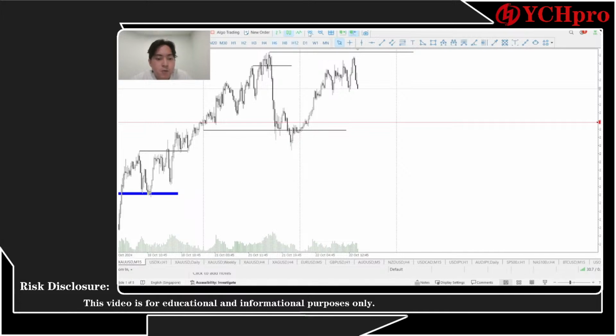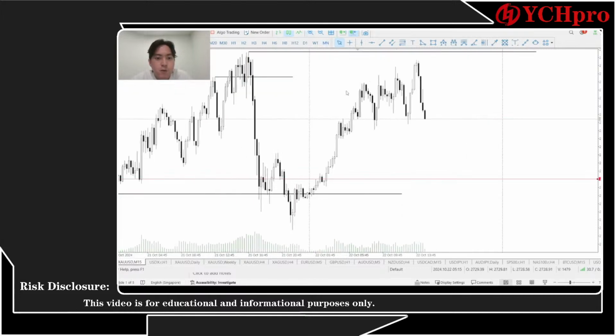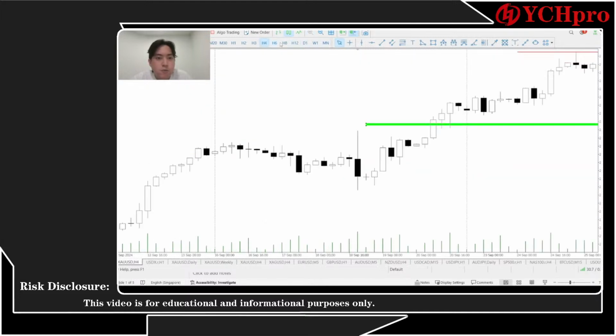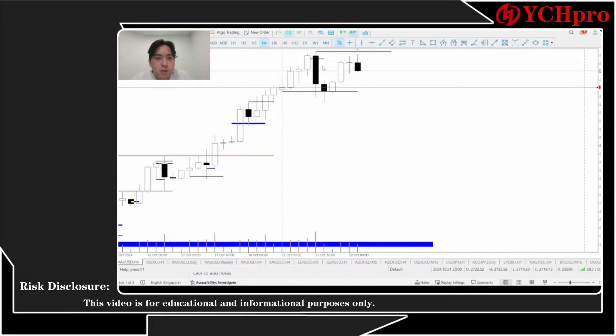So for example, we can see that the market has been reaching through and then going back and going on the low side. So what is going on right now? Okay, actually I'm thinking to do long. So going back to the 4 hour time frame, I'm thinking that the price has been reflecting on this order block. So let's see, is it true?